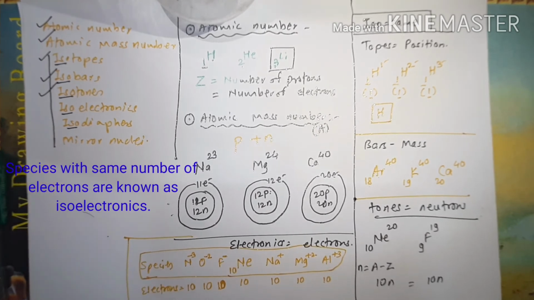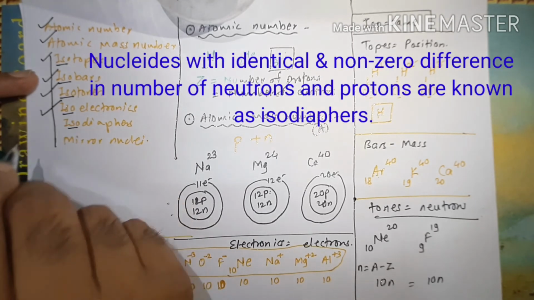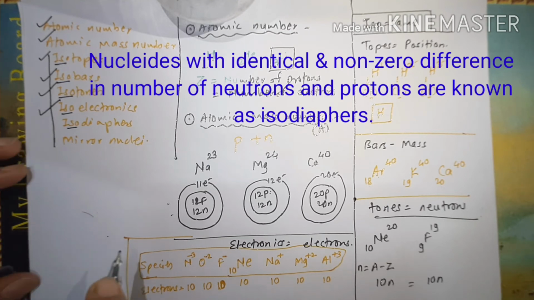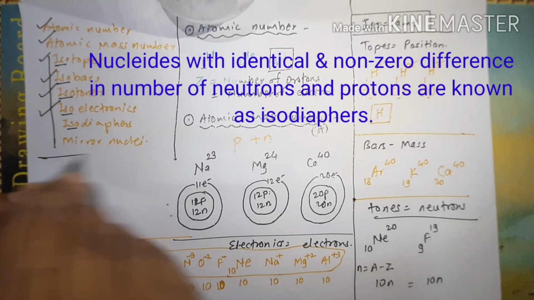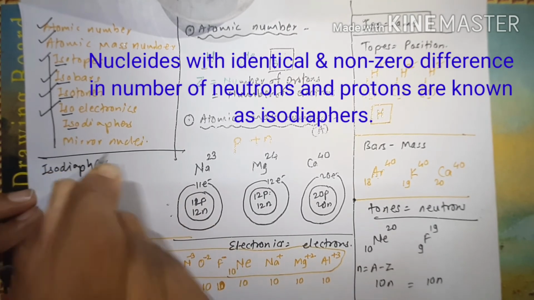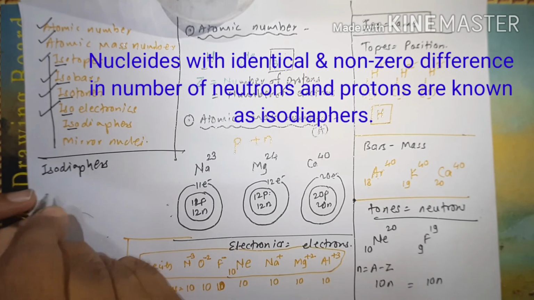Now after isoelectronic, the next term is isodiaphers. Isodiaphers are the species for which the difference between the number of neutrons and protons is identical. I'll give an example. For example, carbon